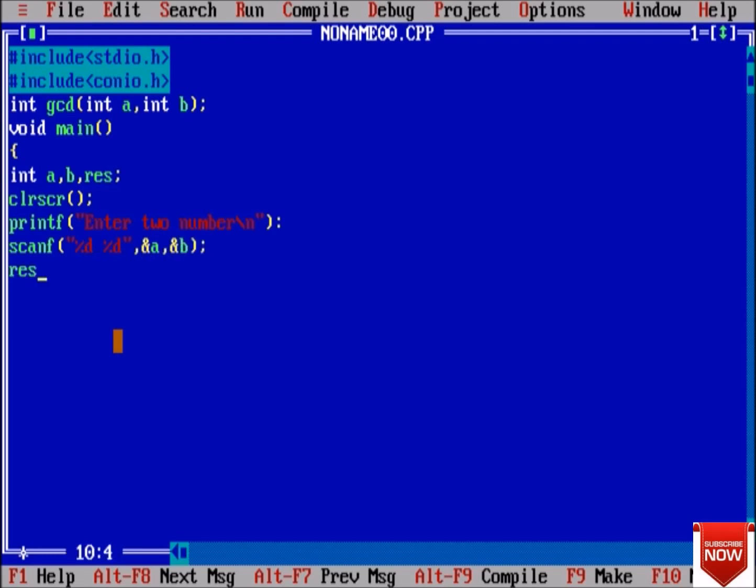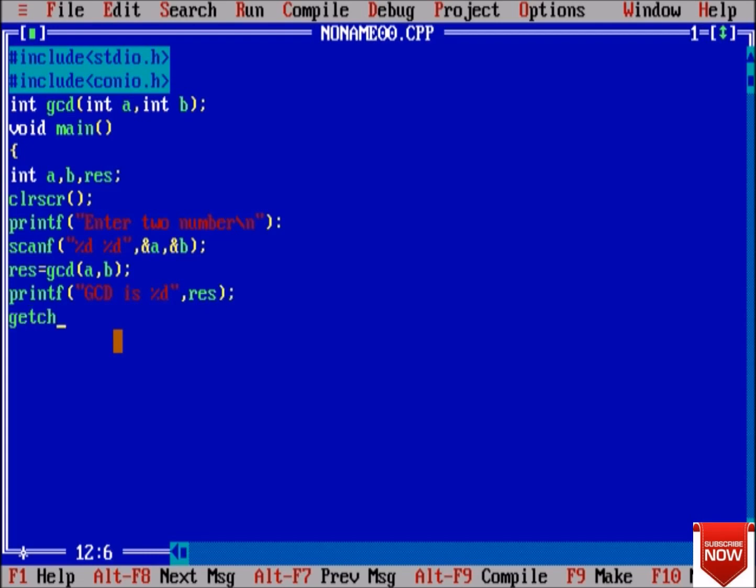Now store the value of GCD in result, and pass the values a and b, and printf GCD is %d, comma result.